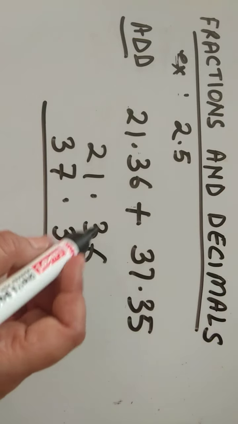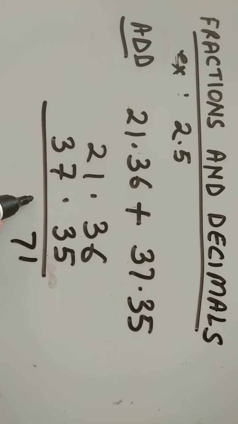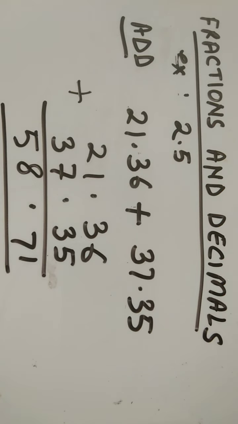We are getting 11 and one will be added to 7. The decimal sign is there, and we are adding it. It is 8 and 5. So that is our answer. We will add in the same way, but we will just take care of the decimal sign. We will put the numbers after the decimal in that order and before the decimal in that order. In that way we will add it.